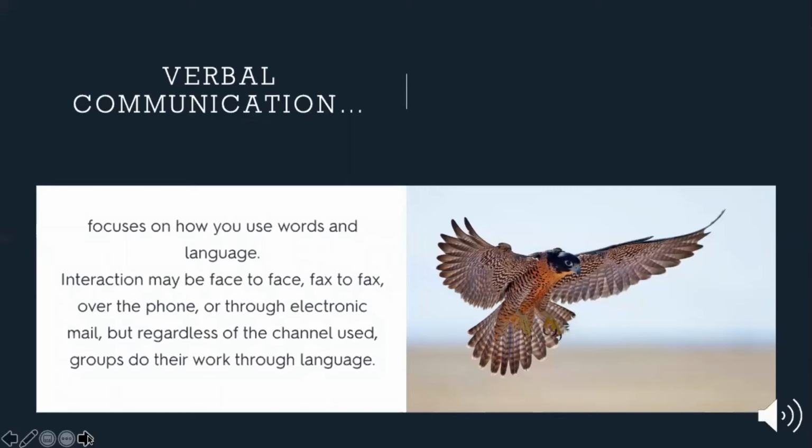Right. And so this is pretty much what we use verbal communication for. And this is really the basic definition of what we're using this for. And right now, of course, we've been used to face-to-face communication, where most people feel that is best. But in this new trend of virtual communication, this might take on entirely new dynamics that we may have to learn ways to still communicate verbally